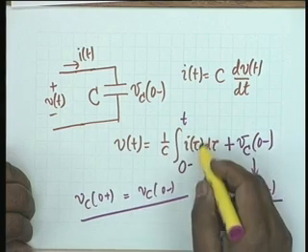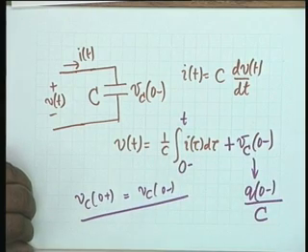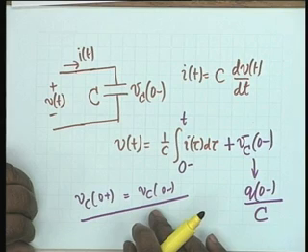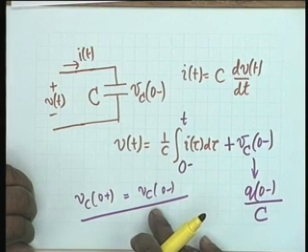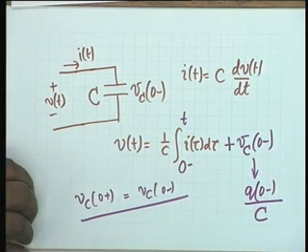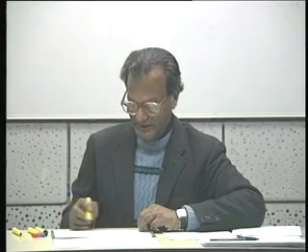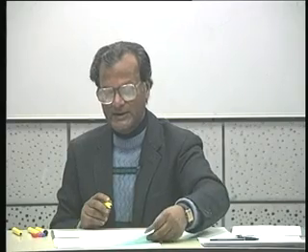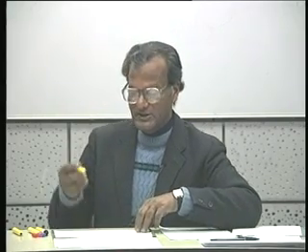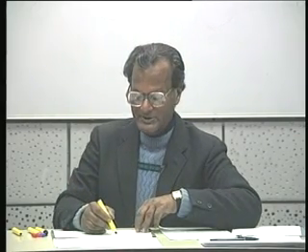That is, if i of t, the current, contains a delta or its derivatives, then this relationship shall not be valid. But in general, if the capacitor is initially charged and charged or discharged by a current which contains no impulses, then Vc 0 plus is equal to Vc 0 minus. And in this case, the integral relationship can be represented by